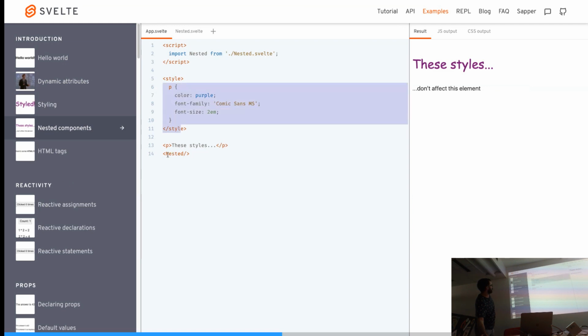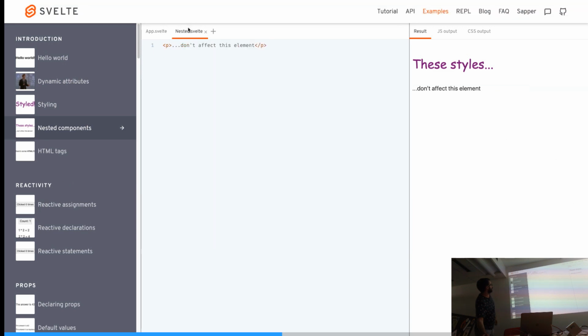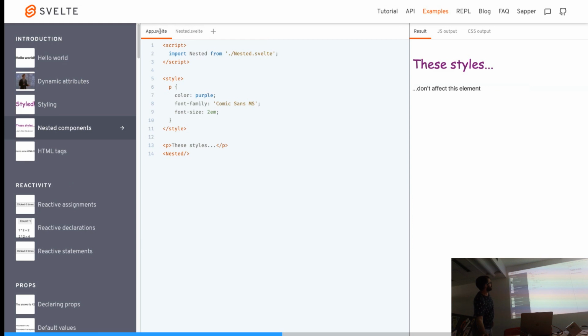So if you have a nested component, you see that you simply imported it and then use it here. But the nested one, which also has a P, is not affected because it works similar to shadow DOM components, which simply use some prefixes on the classes, similar to other component frameworks.